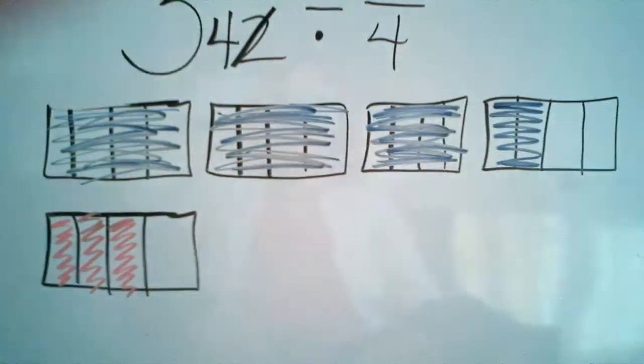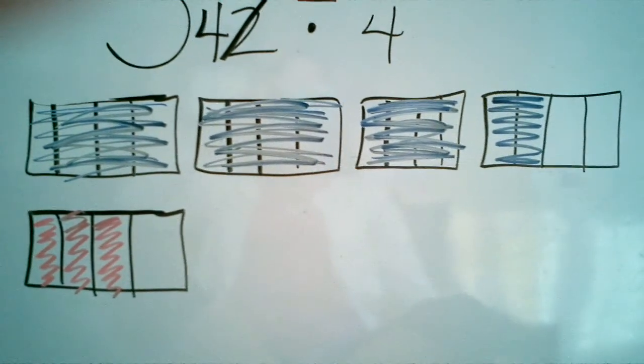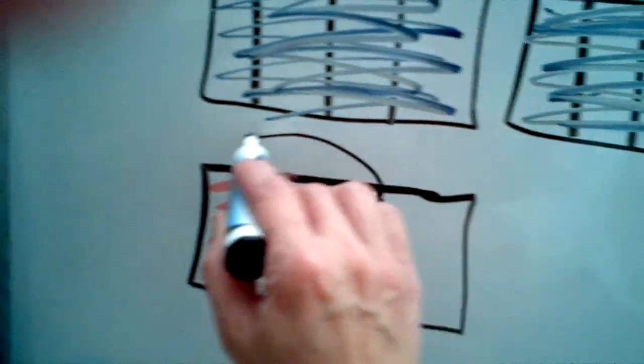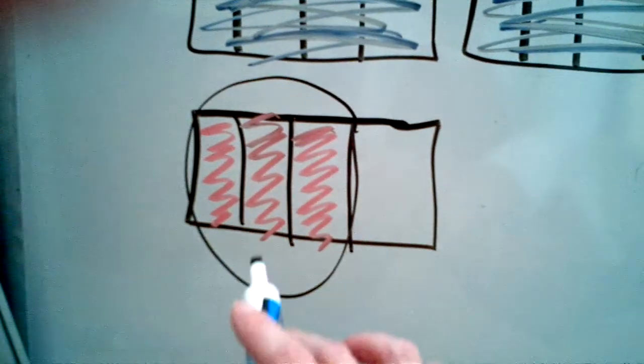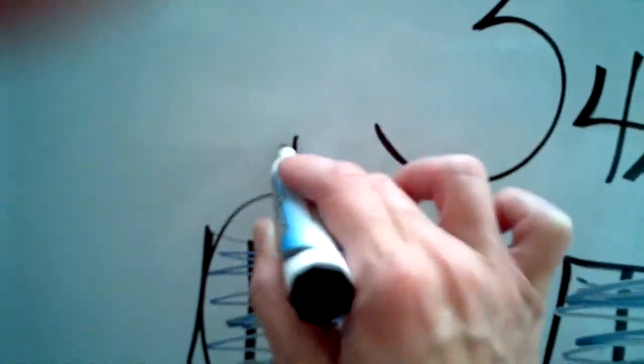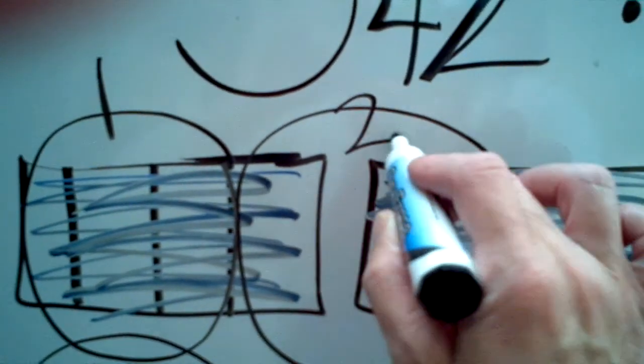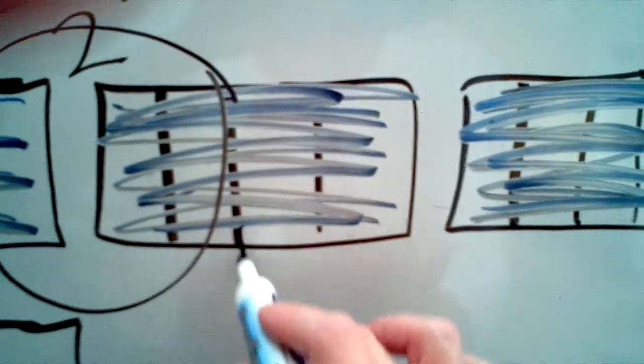Okay, so now you can visually see that I need to see, if I laid the red bars on top of the blue bars, how many sets would there be? So I'm going to define a set as this set of 3, and I'm going to go above and say how many of these, this represents 3/4, are in the 3 2/4. So I'm going to circle each set of 3. Here's my first set of 3, so that's my first set. My second set of 3, my second set, my third set of 3,